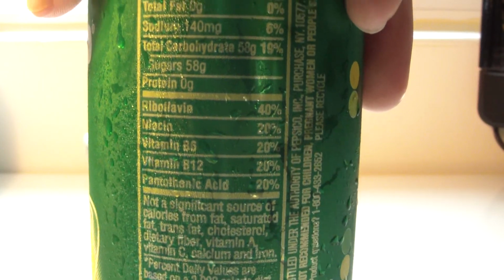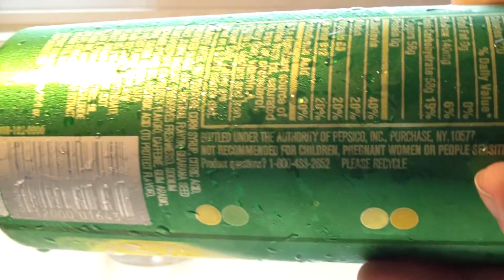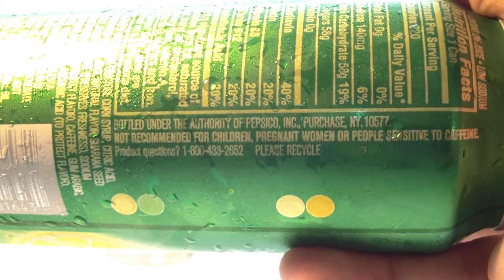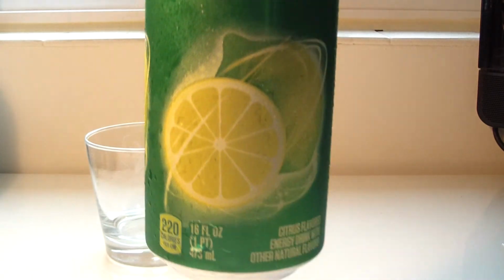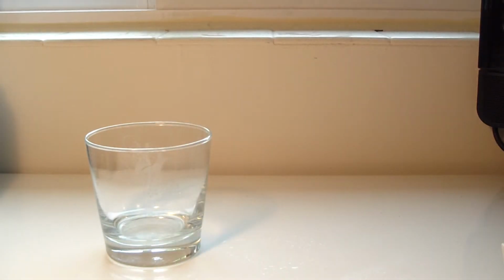All I know is the cherry one wasn't very good. And it wasn't good from the revision before it. So I don't know what to expect from the original AMP now, but maybe they kept it, maybe they brought it back to where it used to be, but we'll find out. They also brought the green tab back. I don't know if that was something that they got rid of, but